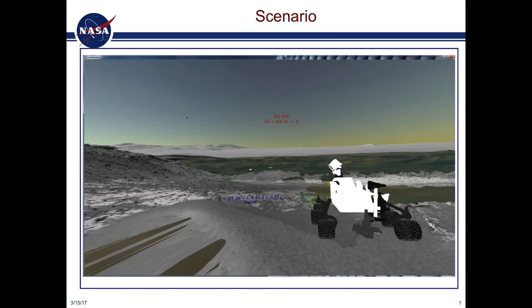So we started work on VR technologies with Mars missions. We are part of the subsystems on Mars rovers MER, MSL, and Phoenix lander, and going forward with 2020, that we generate imaging data products, and part of that daily rover planning data sets that we produce